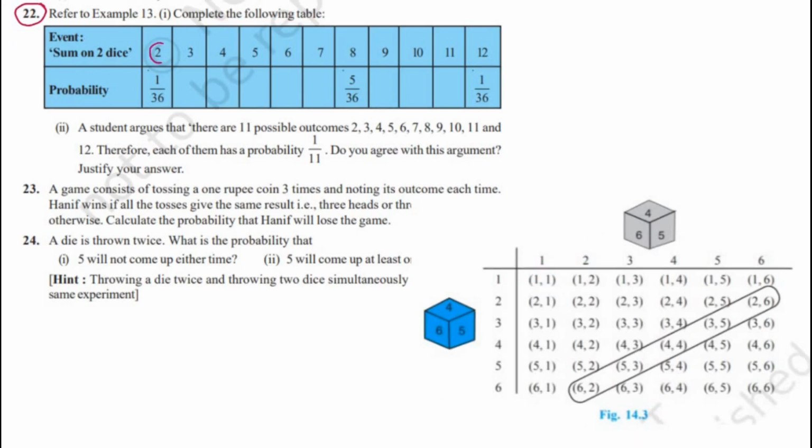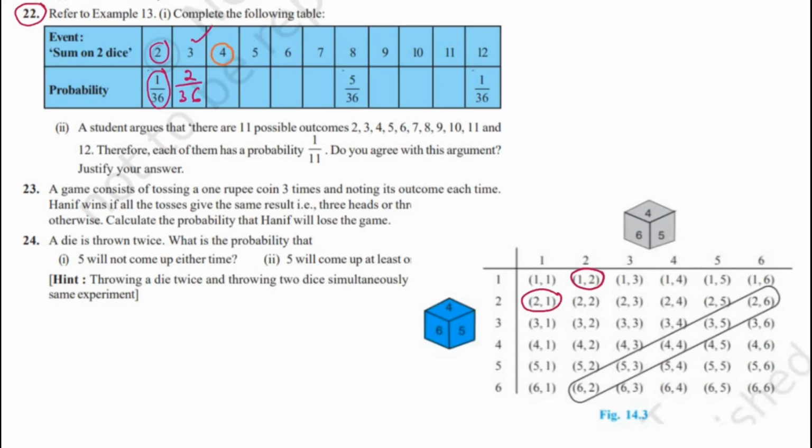So getting a sum of 2 on the 2 dice is 1 out of 36 cases. Now we should search for the probability that the sum on the 2 dice is a 3. So look into this, sum is a 3, so these cases which I am encircling, 2 and 1, 2 plus 1 is 3, and 1 and 2, 1 plus 2 is 3. So these are 2 out of 36 cases. So here the probability is 2 out of 36.